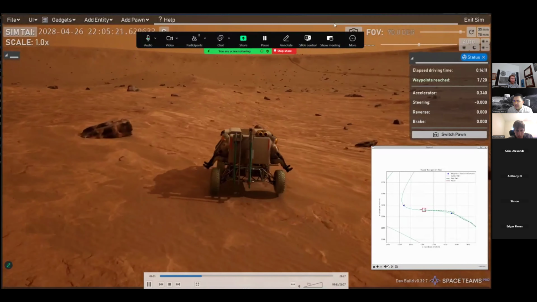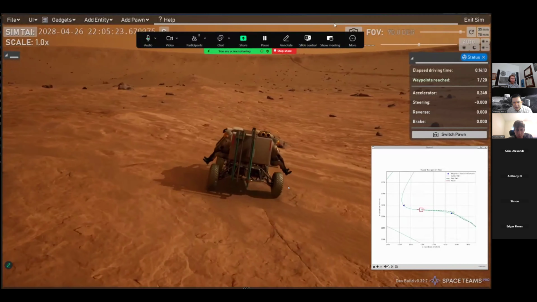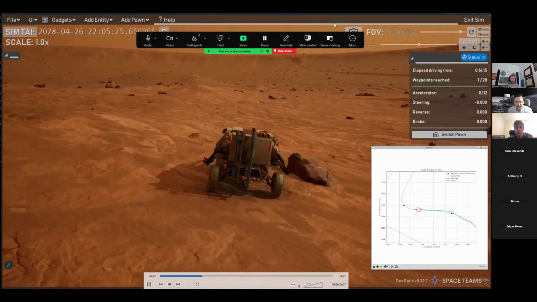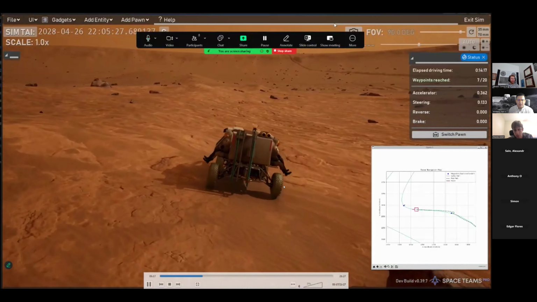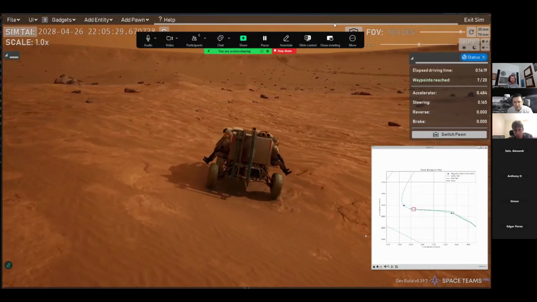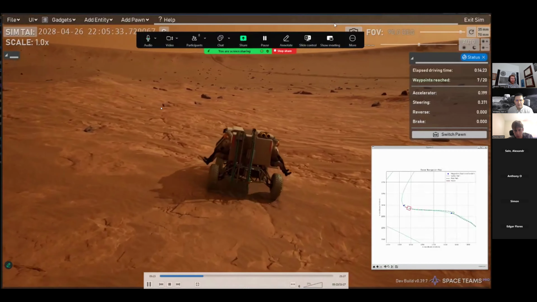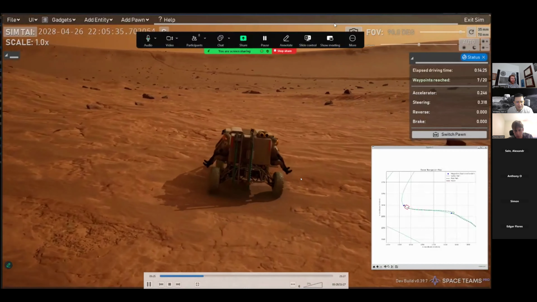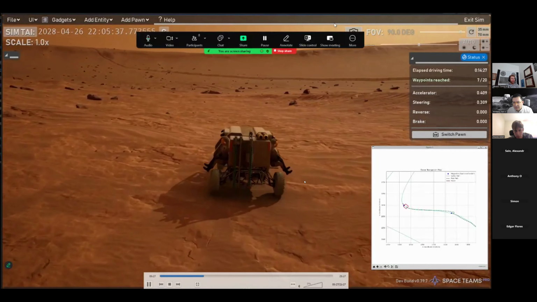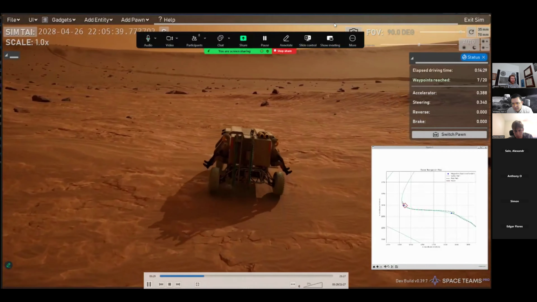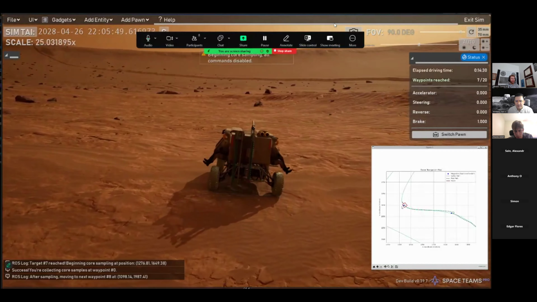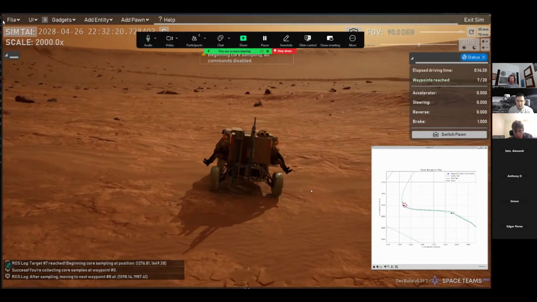And it also has basic rock avoidance. So it's looking at camera images and trying to identify rocks to avoid. But some of these smaller rocks, like these here, it's hard to identify unless you slow down. So right here, it's getting to waypoint number 8, and here science sampling is happening, or the core sampling is